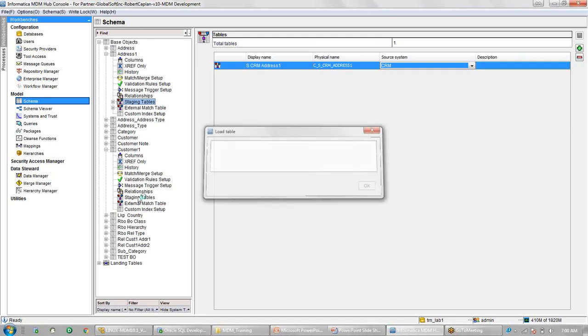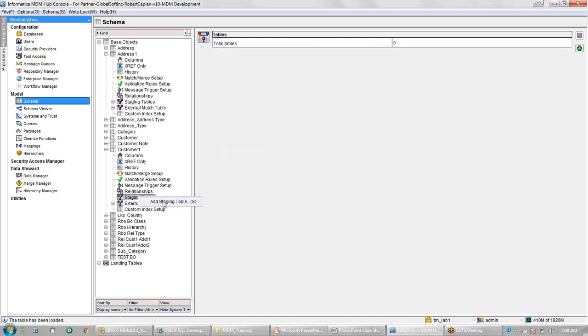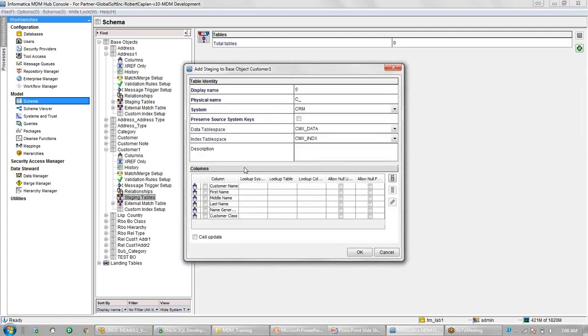So again we'll go to the customer base object also, and here also I will create a staging table. And the convention we have already discussed: usually we give S or STG to identify that it is a staging table, then the source system name and the base object name.